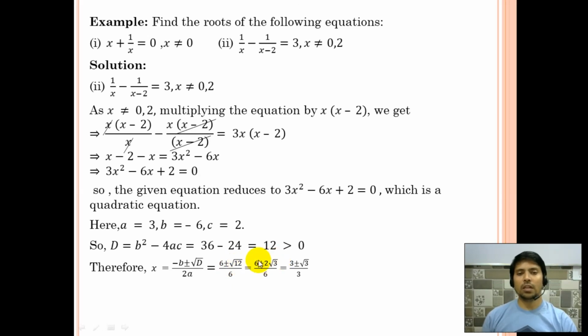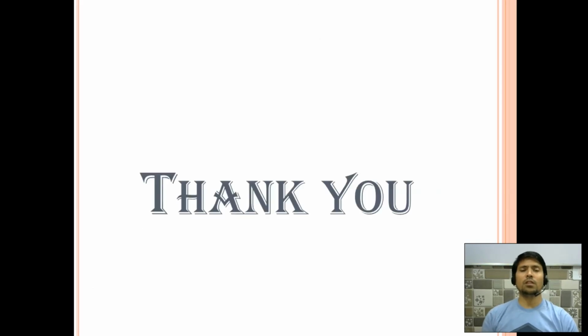And now in the numerator we can take 2 as common, cancel it, this is 3 plus minus root 3 upon 3. Now these are the two distinct roots, 3 plus root 3 and 3 minus root 3 are the two roots of this quadratic equation. So I hope you have learned these two different methods. The first is the factorization method which you have read in previous classes, and this new method is called the Sridharacharya rule, or the quadratic formula.